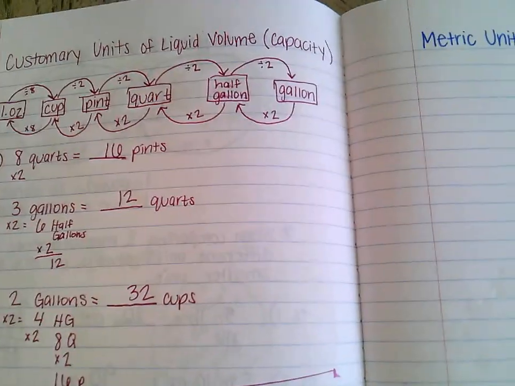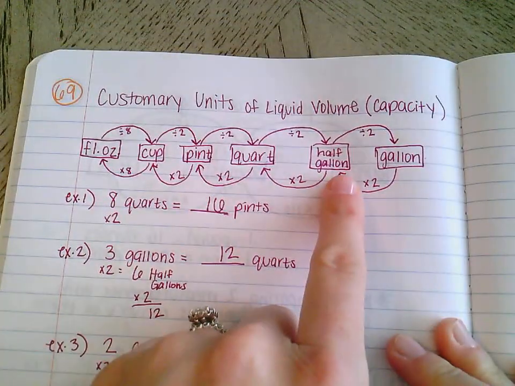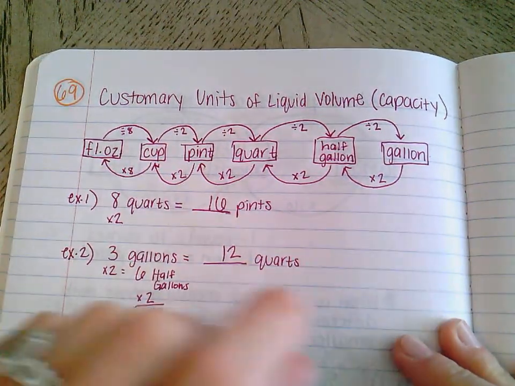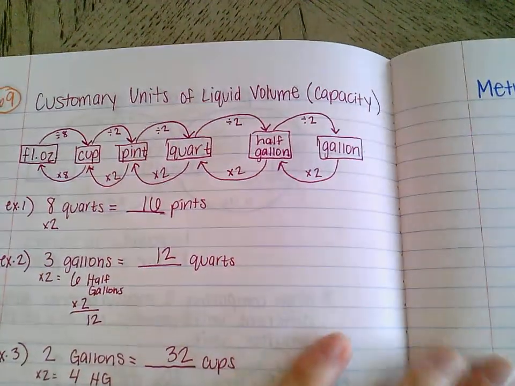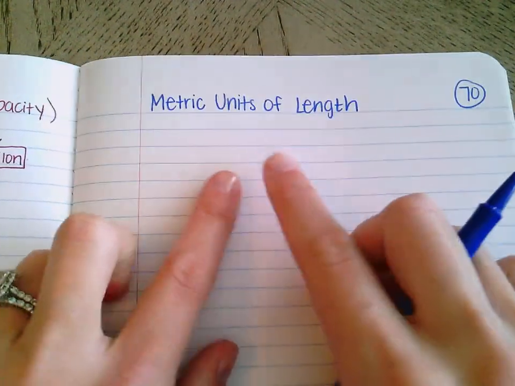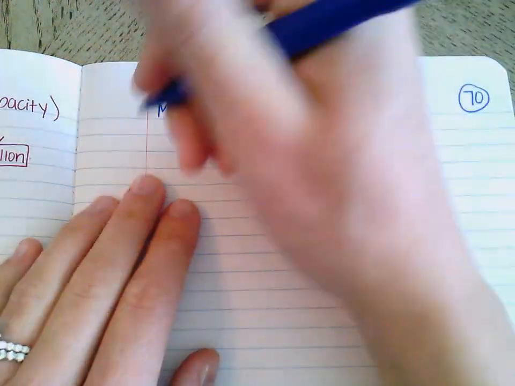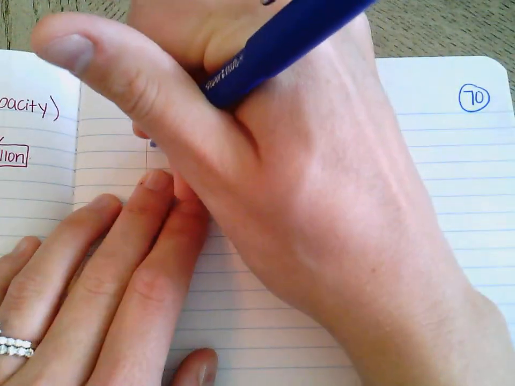Okay, now just like with the other measurement pages that we've done where we write a chart like this, we are going to write it out, but we're not going to do the jumps like we've done before. It's a little different, okay? So the first thing we're going to do is I'm going to make enough space to do 4 different things across. I'm going to skip maybe one line,